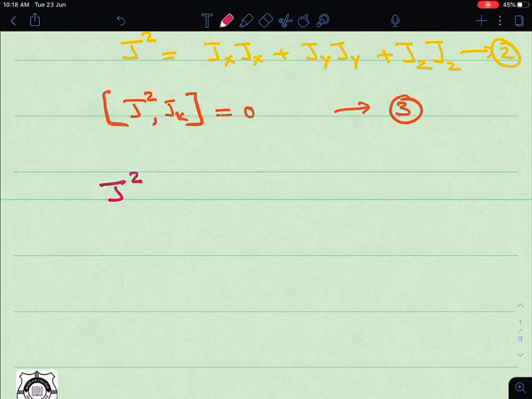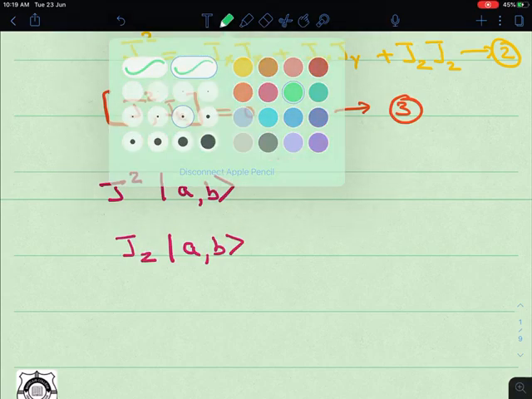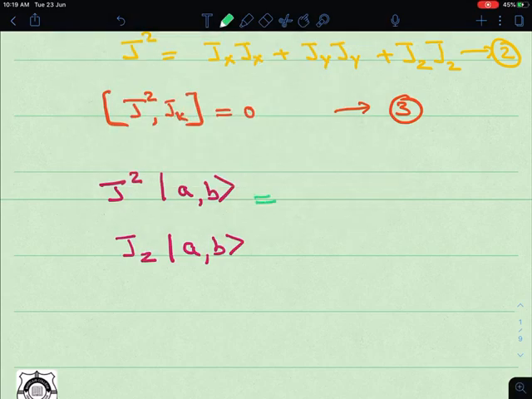As you know, let's imagine that J square has an eigenket ab. Similarly, Jz also has the eigenket ab. So this eigenket ab is called the simultaneous eigenket, but the eigenvalues are different, whereas the eigenkets are the same. An operator acting on an eigenket will give you the eigenvalue times that eigenket. Here J square's eigenvalue we put as a, which you have to find out later on.